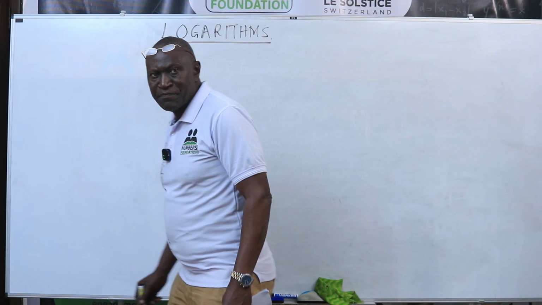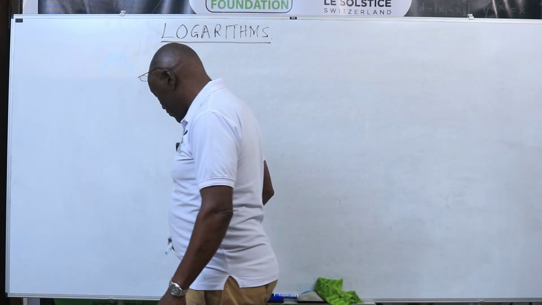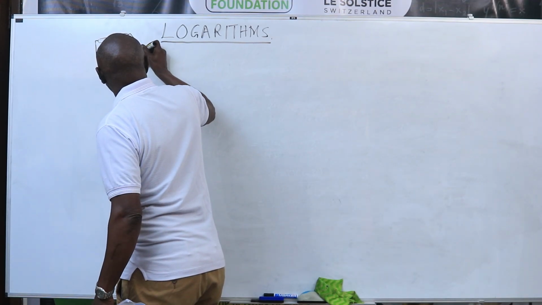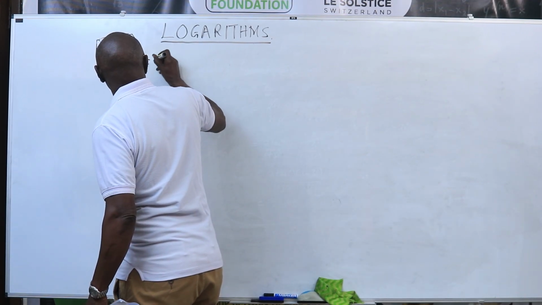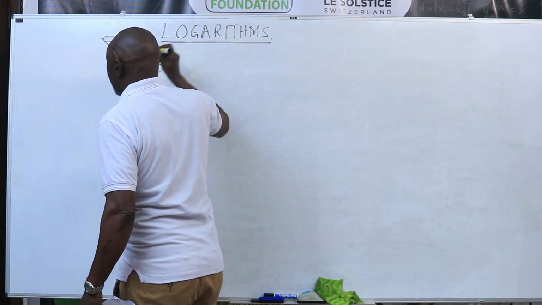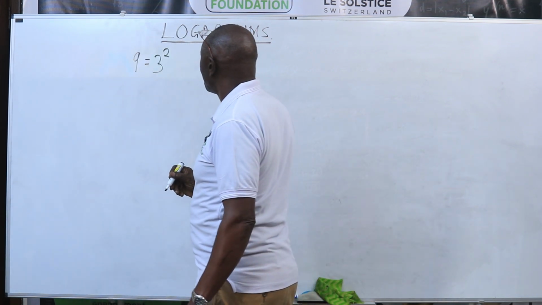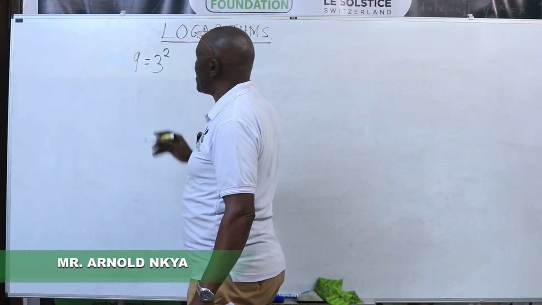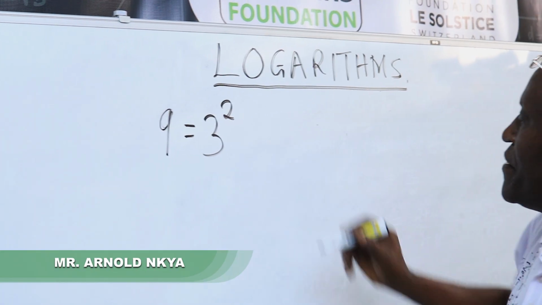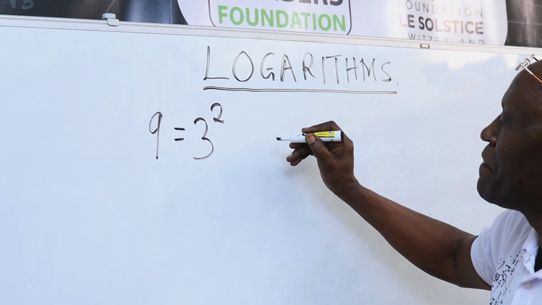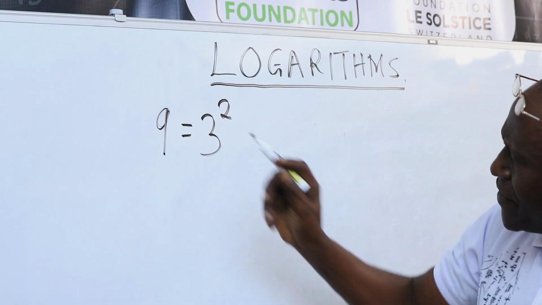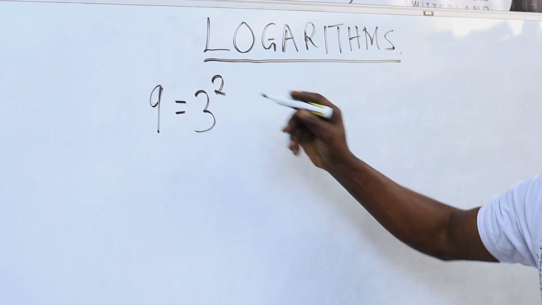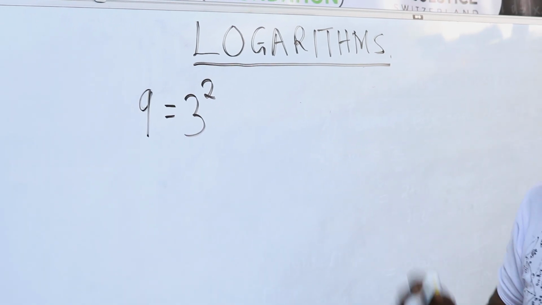Now, what is logarithm? Suppose you have this number here, 9, which is equal to 3 squared. From the knowledge of laws of exponents, 3 is the base. Now, from here, we can see that to obtain 9, you have to raise 3 to power 2, put to exponent 2. Now, these two